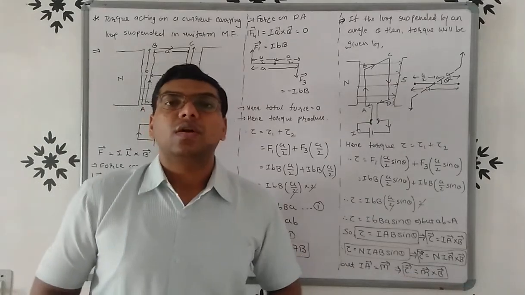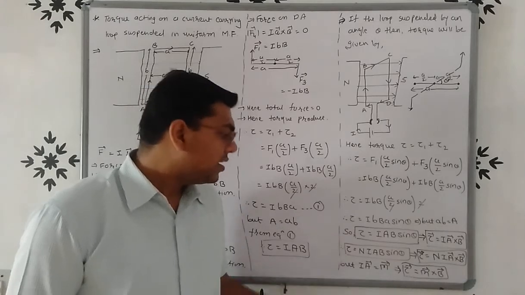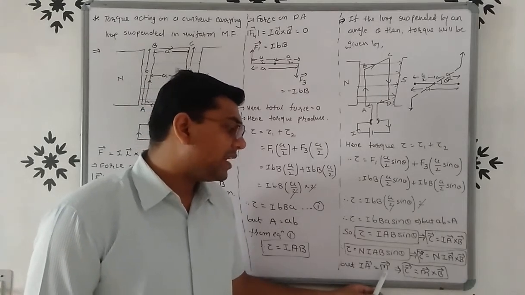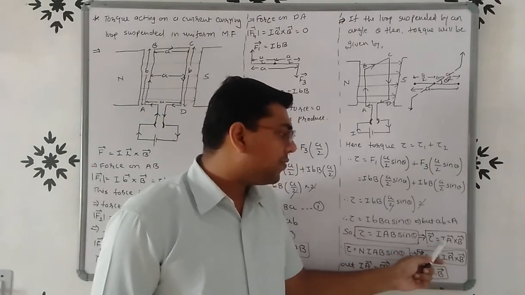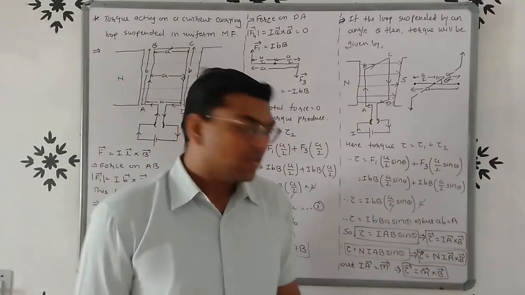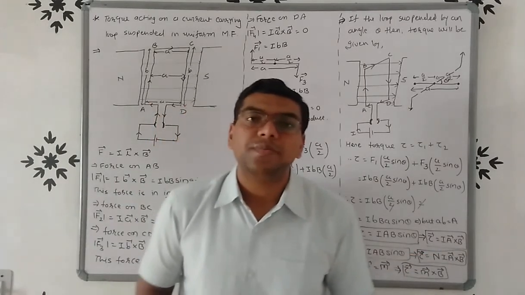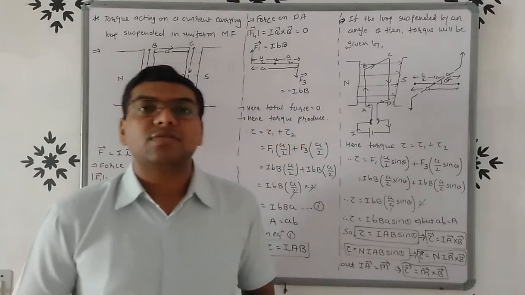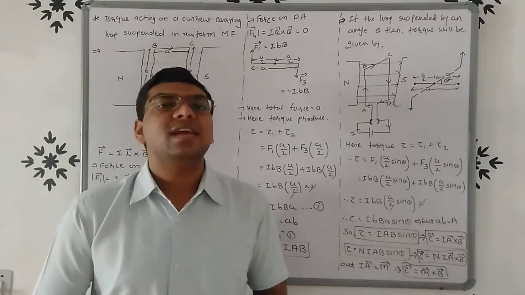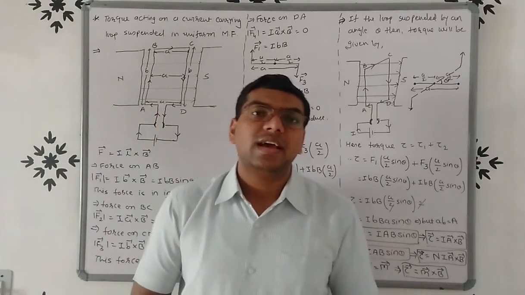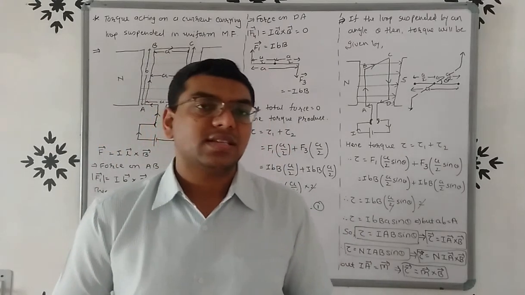Now what is magnetic moment? Magnetic moment is the product of I and A. So I vector A is equal to magnetic moment vector M. In this equation, instead of IA, we can write vector M. So vector tau is equal to vector M cross vector B. So we can say that tau is equal to MB sin theta, where M is the magnetic moment and B is the magnetic field, right? So this is a very important theory for your examination.